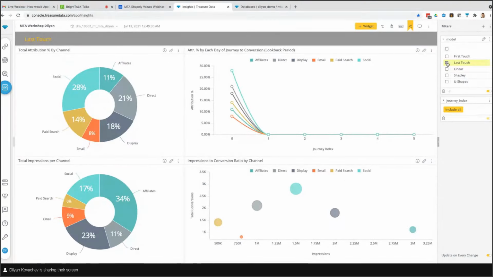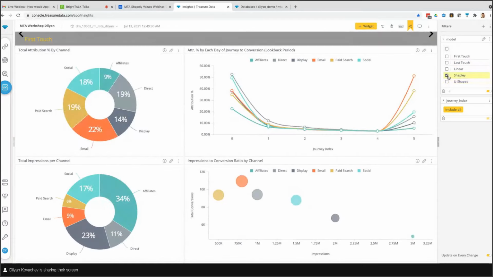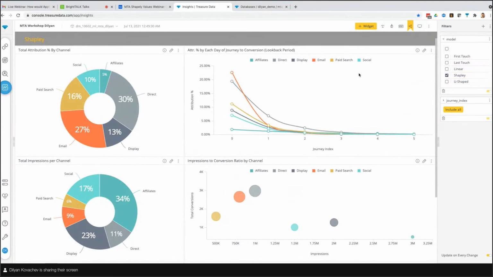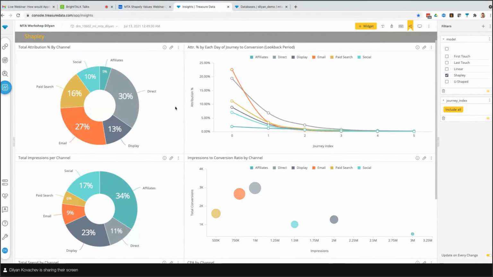Now, if we select Shapley, what you really hope for is that the overall balance would make sense to your business, and there wouldn't be a single channel that looks too overlooked. But again, it's learning from the data, so the data still might say that one channel is just bringing a lot of noise, and this is kind of what we can see here. So let me explain